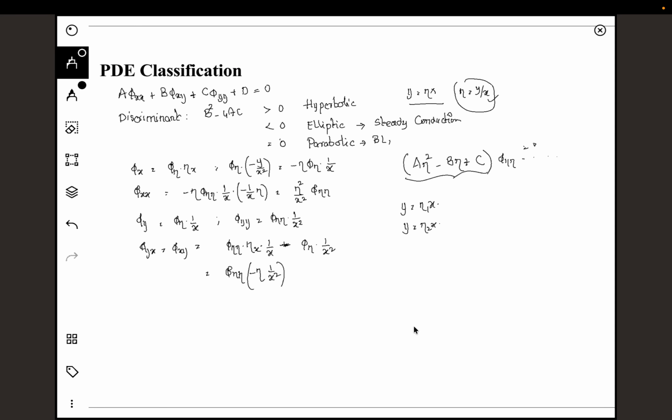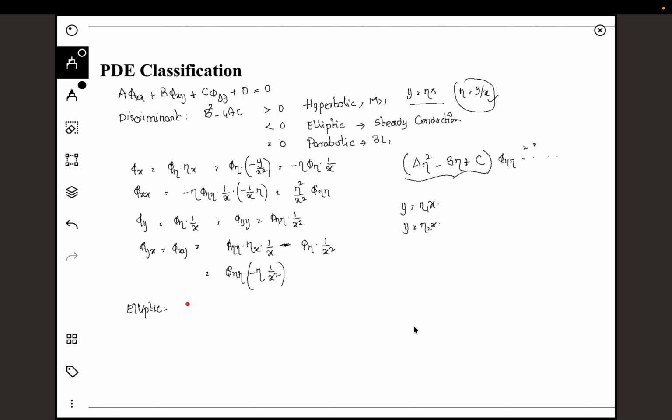Hyperbolic is one where you have two different characteristic lines. So for Mach number greater than 1, all flows are of this type. The wave equation is an example of a hyperbolic equation and so on. So to write the equation, for elliptic you have, just to show an example,